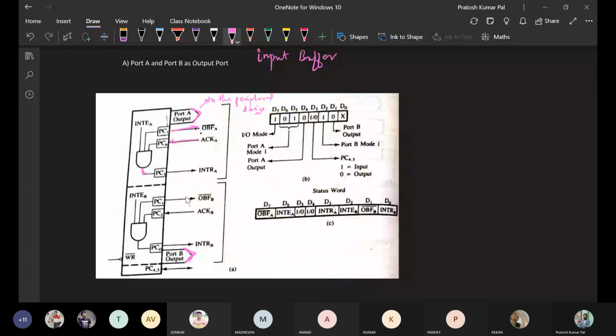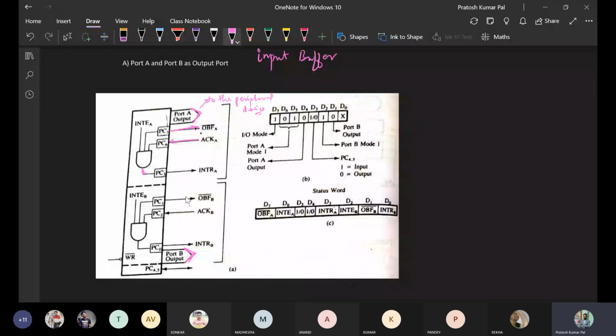So this interrupt is generated when OBF and acknowledgement, all the three pins, are activated. It will interrupt the microprocessor that data needs to be sent to the peripheral device.